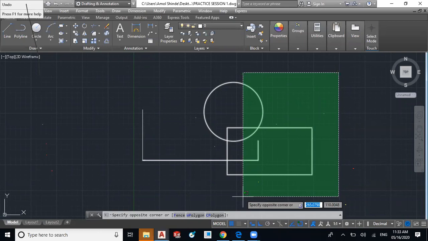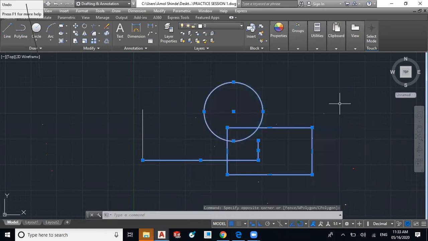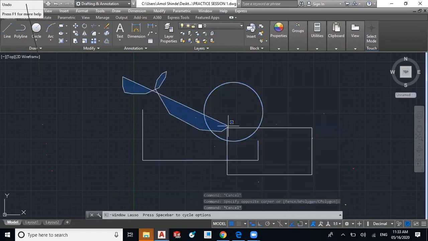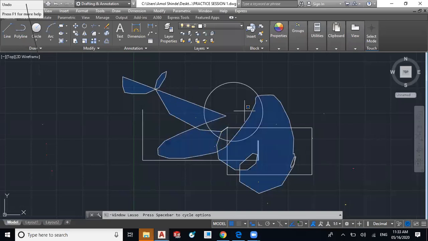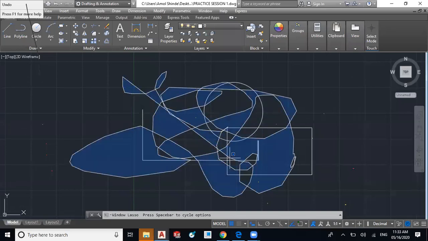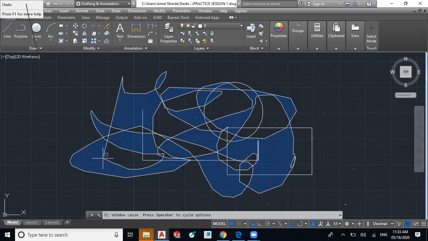This is the use of right to left selection. And another method is random selection. You can just keep left click and drag over the drawing and cover the whole entity, whatever entity you have to select.